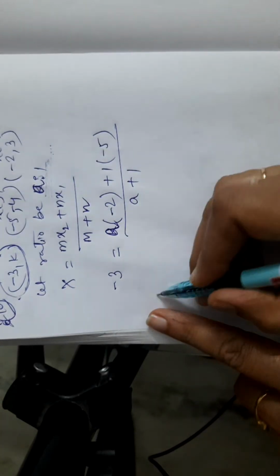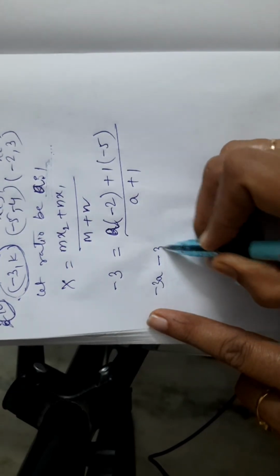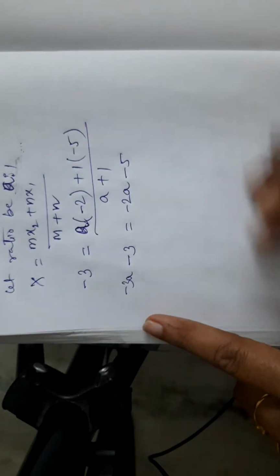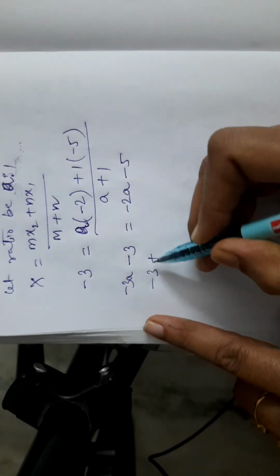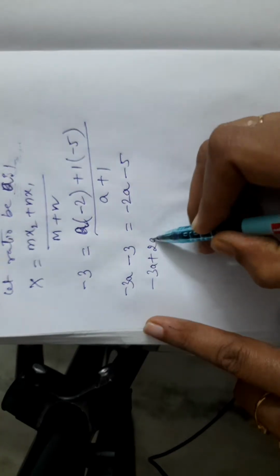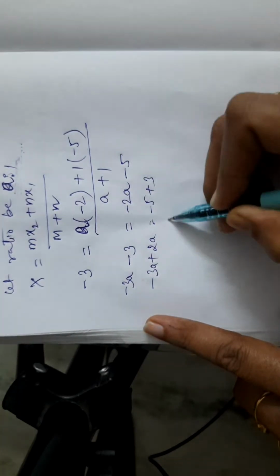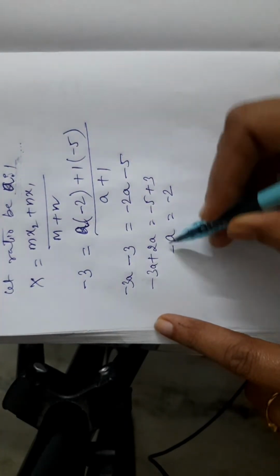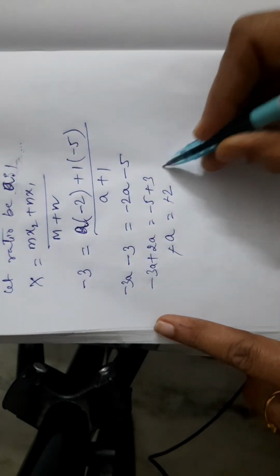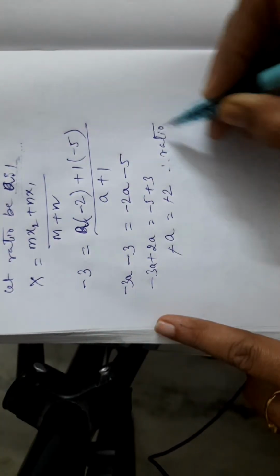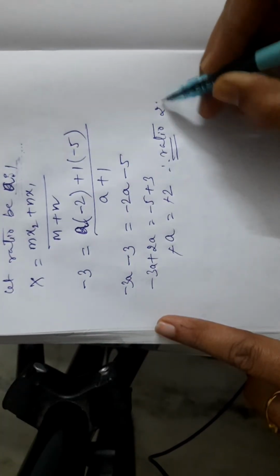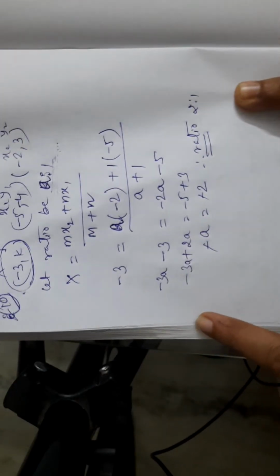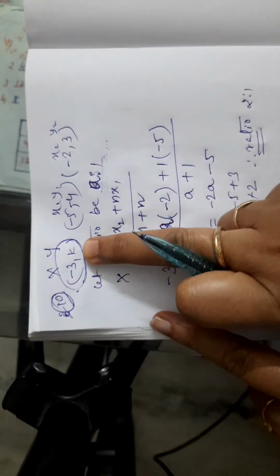Having cross multiplication, -3A - 3 is -2A - 5. Thus, -3A, shifting A this side, so it's +2A: -5 + 3. So we got -2 = -A. Minus got cancelled, so A is 2. Therefore, the ratio is A ratio 1, so it's 2 ratio 1. We got the ratio. After getting the ratio, we need to find the value of K, which we can get by the y